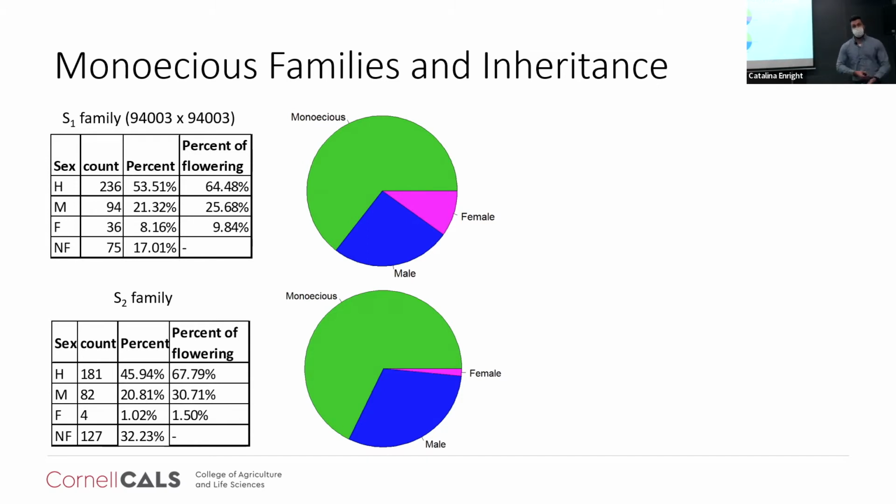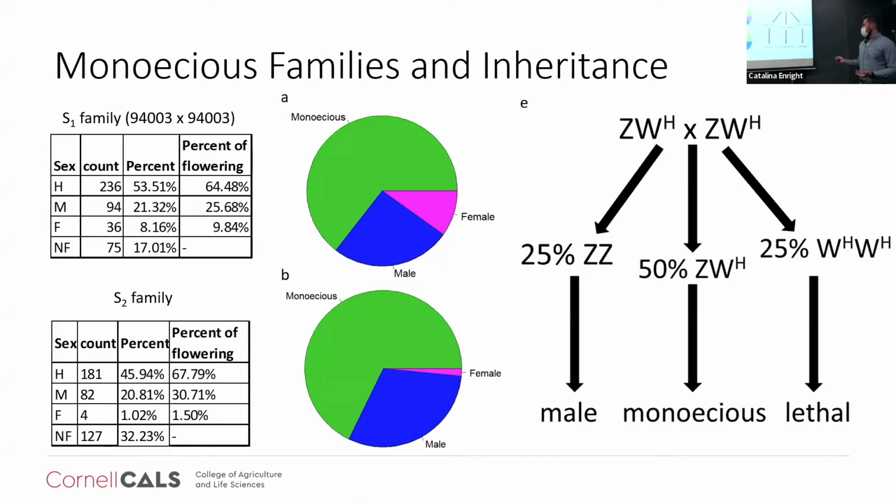And then when we look at the corresponding sexes, the males seem to correspond to ZZ and the monoecious to ZW. So this led us to hypothesize that monoecious plants are ZW genotypically, and that there might be a modification on the W chromosome that's causing them to be monoecious instead of female. And that model is shown here, right? So we're calling this modified W, WH. So when we self our 94003, our monoecious plant, we get 25% male, 50% monoecious ZWH, and then the 25% WH, we think are lethal,